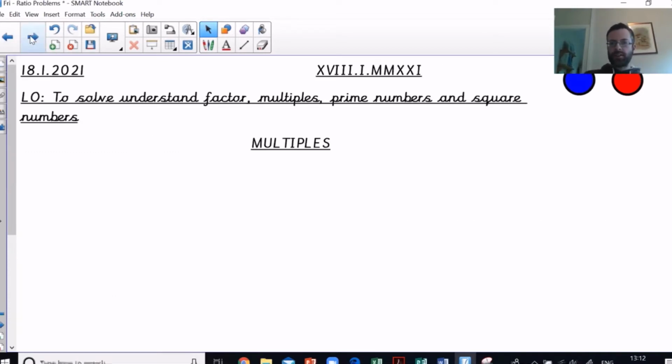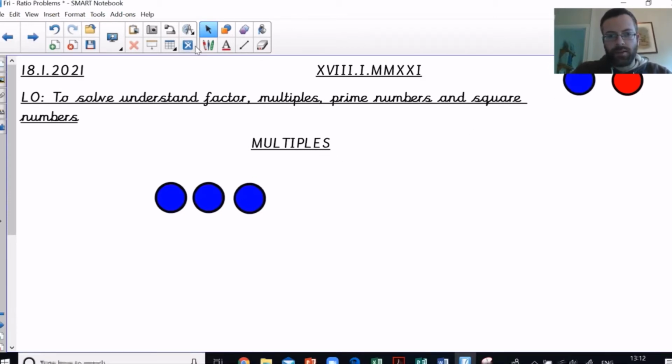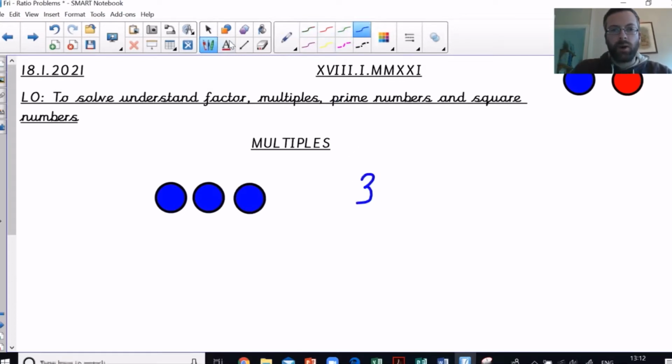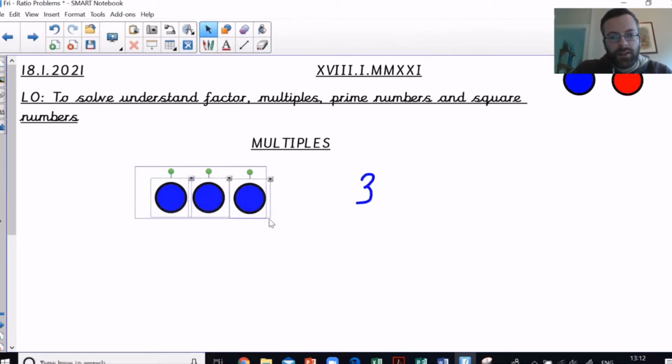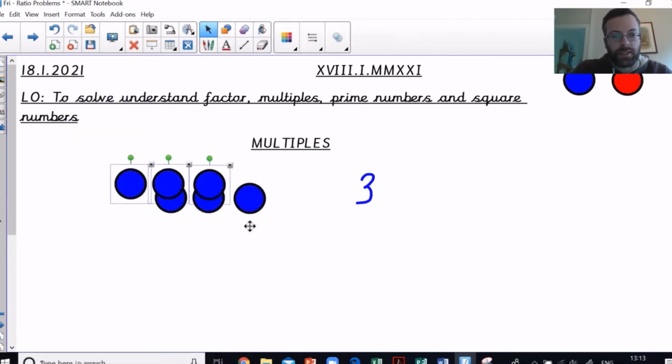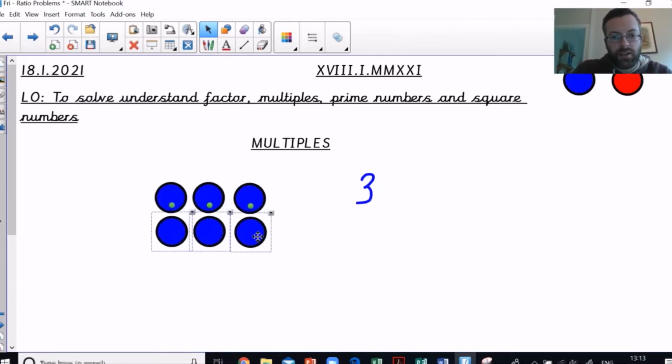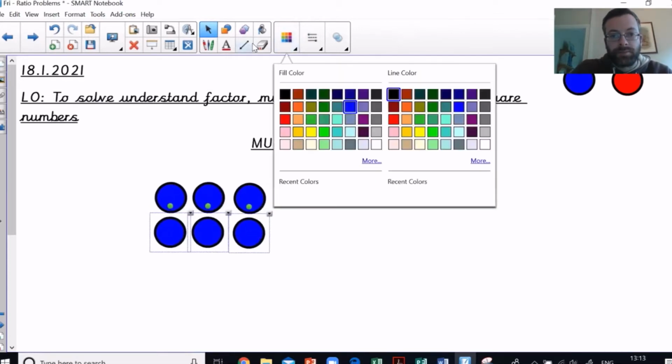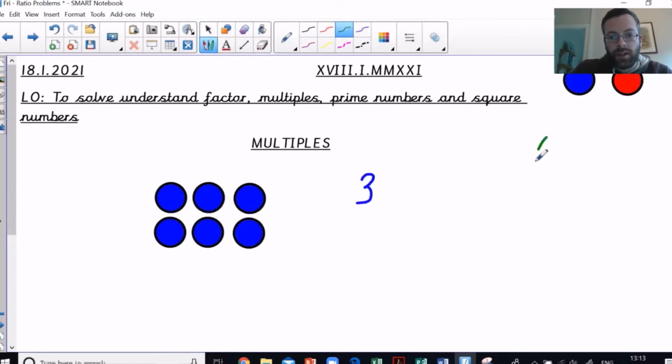So, let's first look at multiples. Now, I love a bit of counters, so I'm going to start off with some counters. Okay, so let's say that we have 3. Hopefully you'll all agree with me that we have got 3 things there. Now, what multiples means is it's the result of multiplying that 3 by another whole number. So the multiples are things where if we get another 3, we put it together. So a multiple of 3 is 6. Okay, another multiple of 3, these are all the multiples. Another multiple of 3 would be